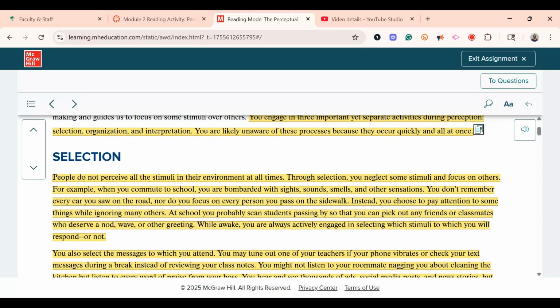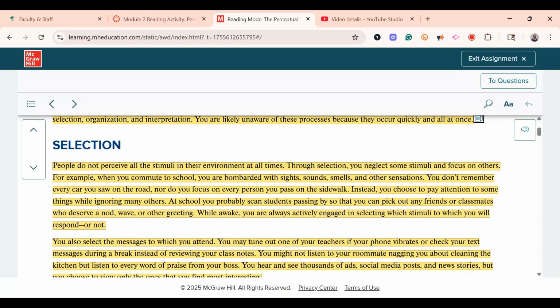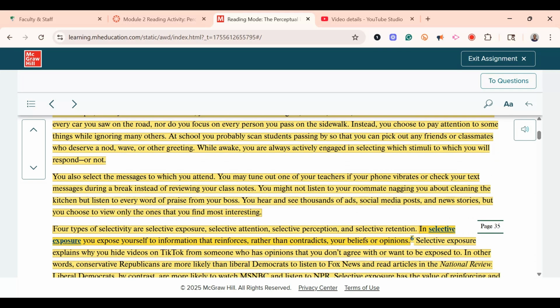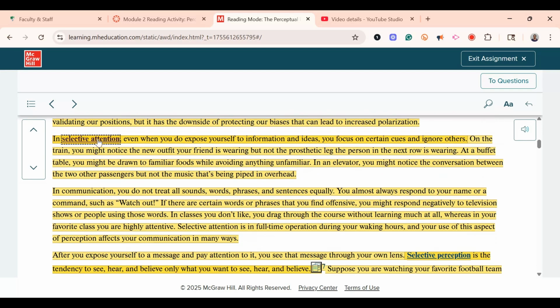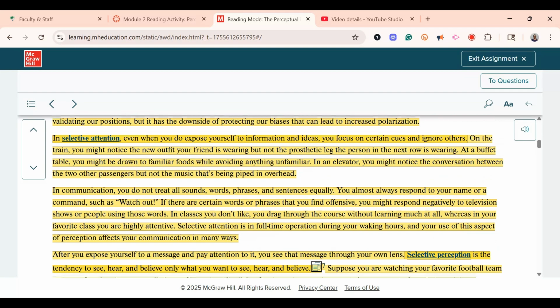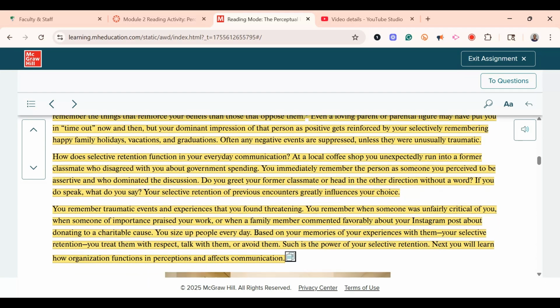Now, let's look at selection. This is the way we select things that we want to. And we do that through our sight, the sounds, the smells, and our sensations. And we may, let's say, see a car going by and there's something about that car that grabs us. That's because we have chosen to select, our brain, our mind has chosen to select that specific thing. So we have selective attention, that's what we pay attention to. And we also have